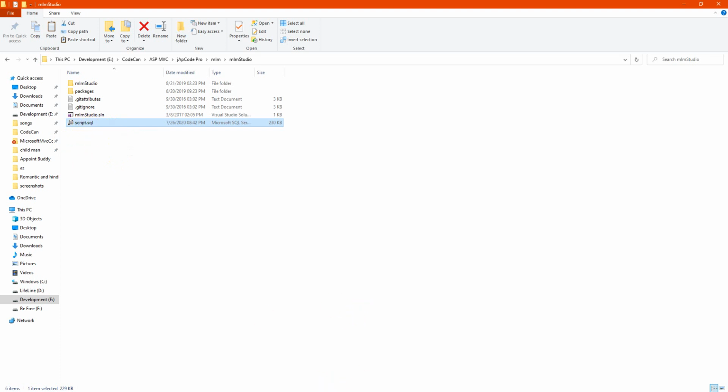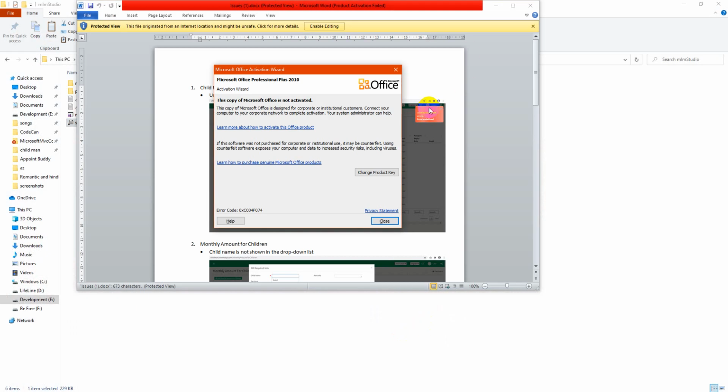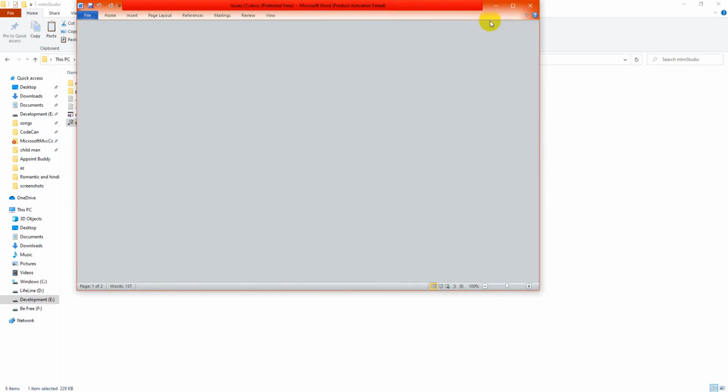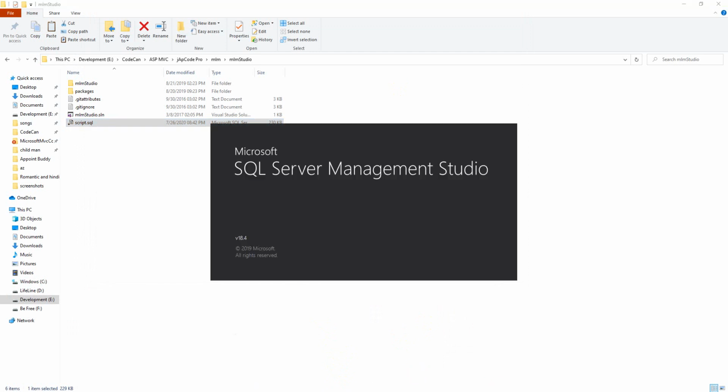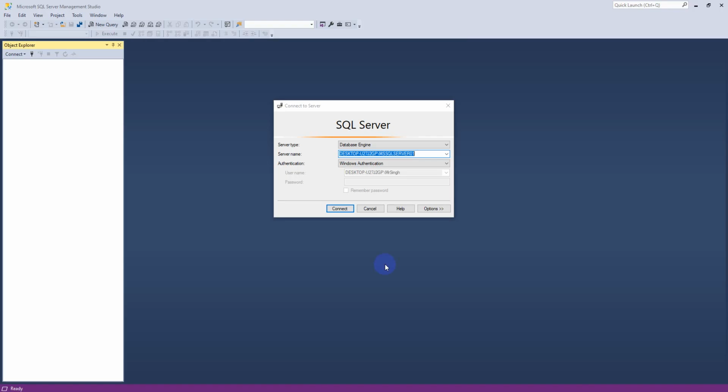My SQL Server is opening. Whenever you install it and open it, there will be a server name, which could be a dot or another name.